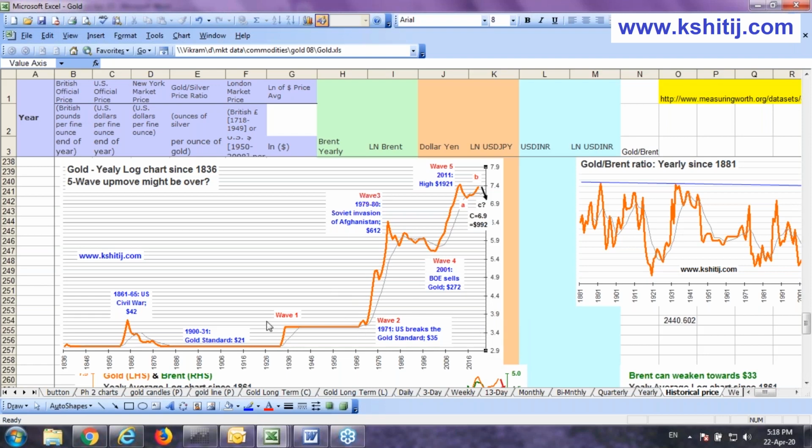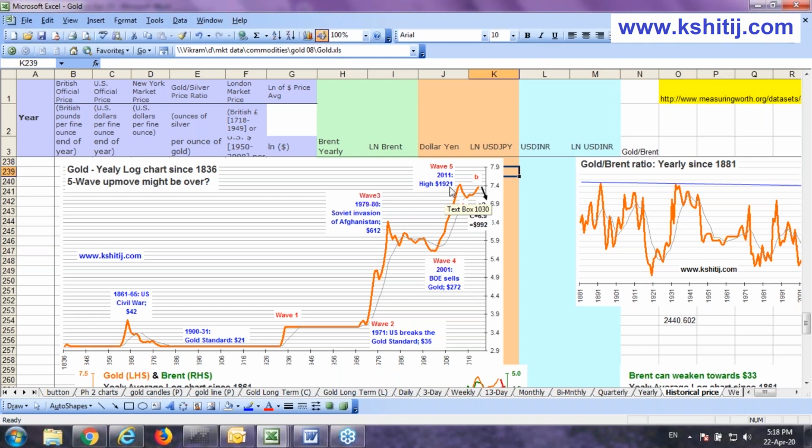As you can see, we've marked out $42 out here, but on the axis you can't see 42 because these are log values of the price. So we were at 42 here, and then in 1971 gold was at $35 when the US broke away from the gold standard. Then gold rose to $612 in 1979-80 when there was a Soviet invasion of Afghanistan. Sorry. It fell to $272 in 2001 when the Bank of England sold gold, and then it rose to a high of 1921 in